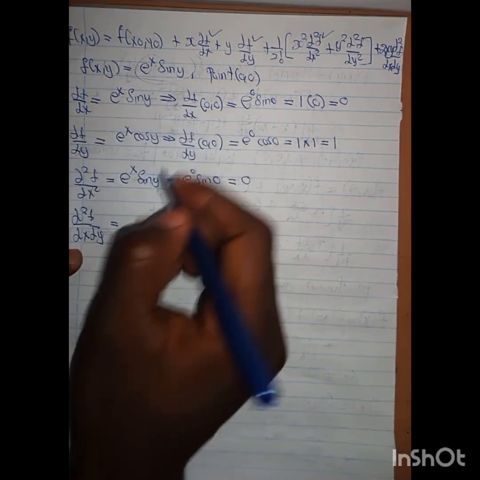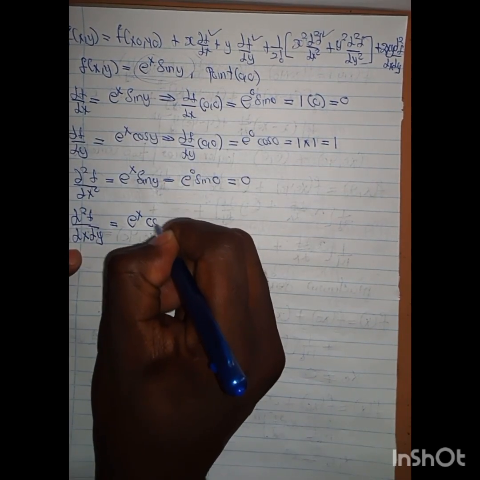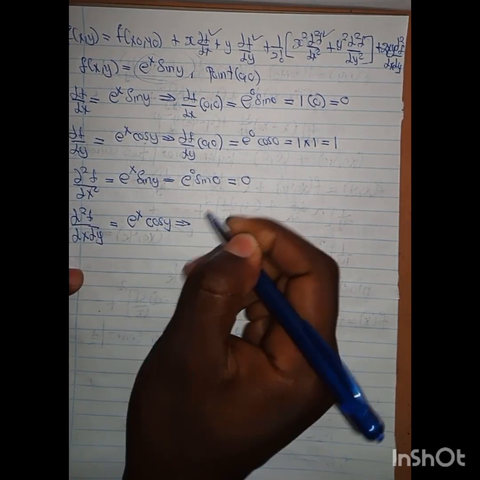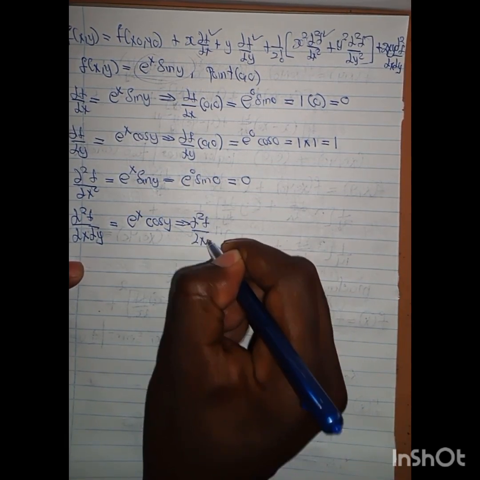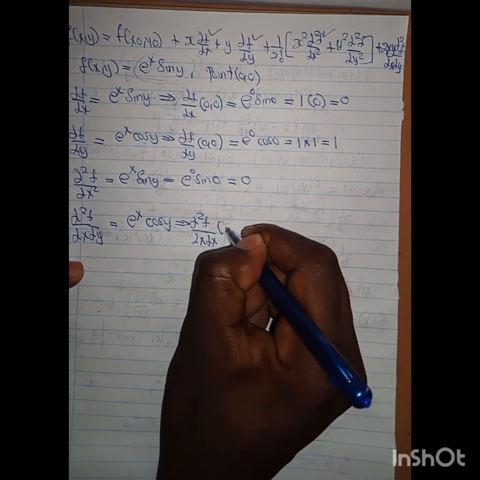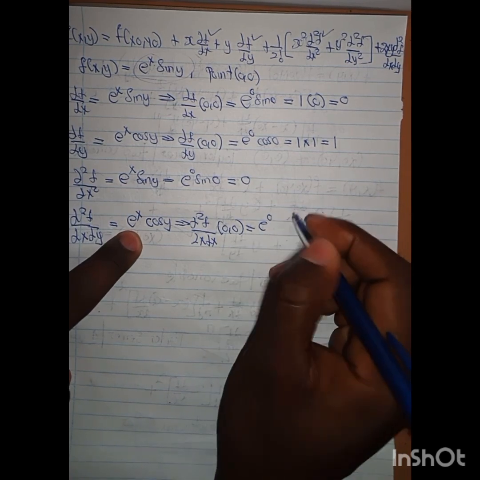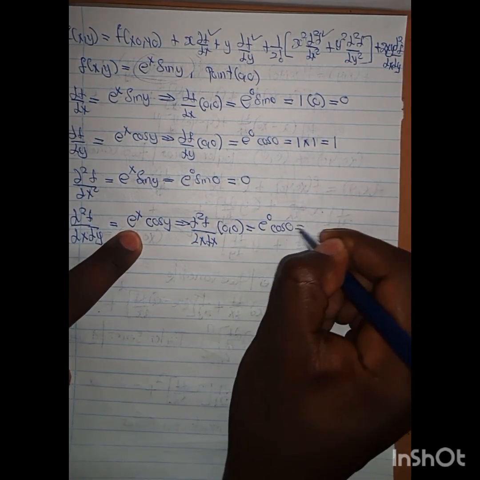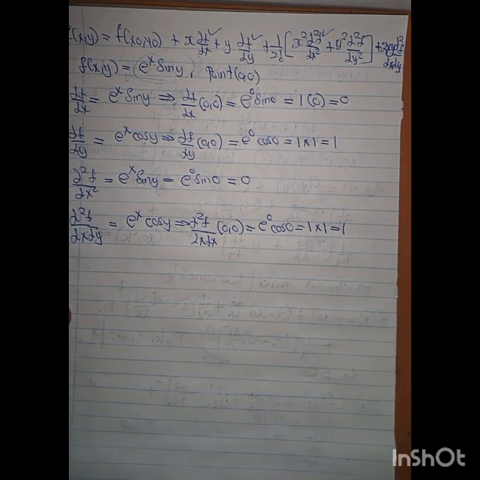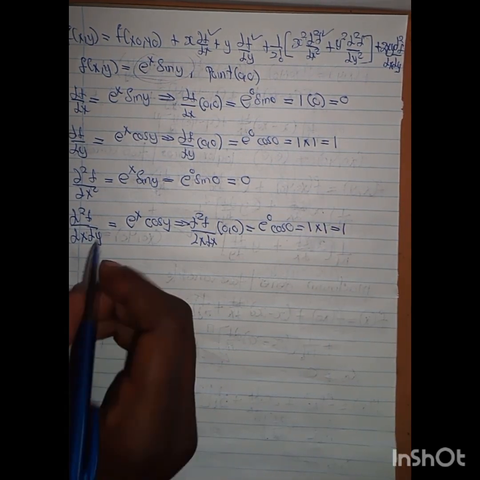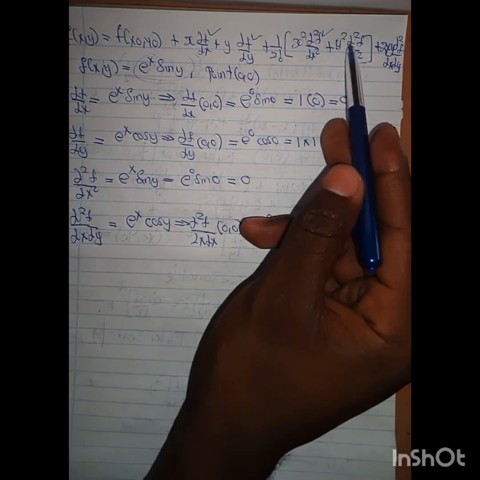When we differentiate this part with respect to y, e to the x remains, then sin y, the derivative of sin is cos, which implies that the second derivative of f with respect to x and y at the point 0, 0, when we substitute 0 where there is x, we get the cos of 0. e to the 0 is 1, cos of 0 is also 1, which means we have the following as our answer. And then we can now find this part,